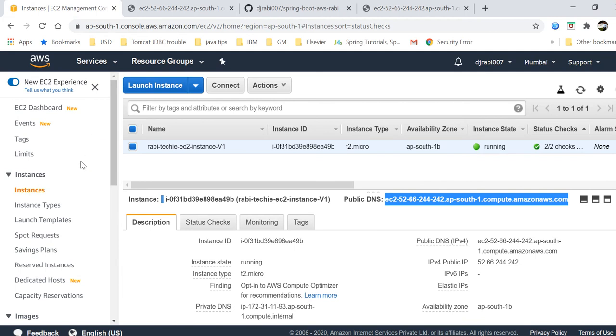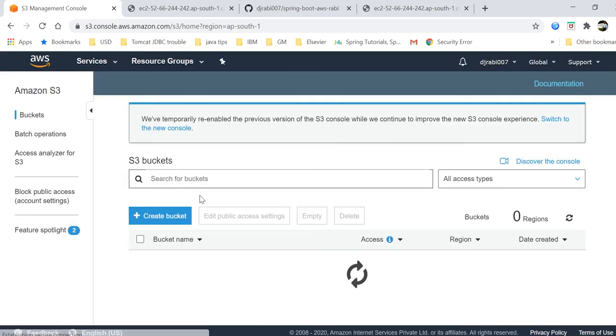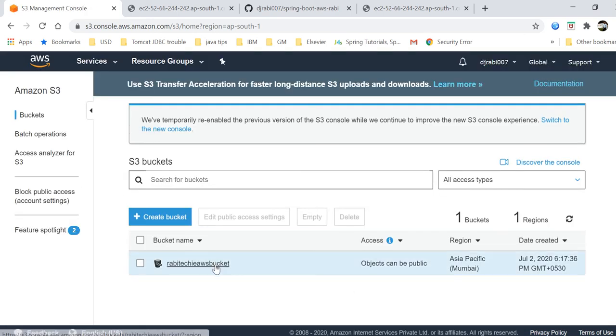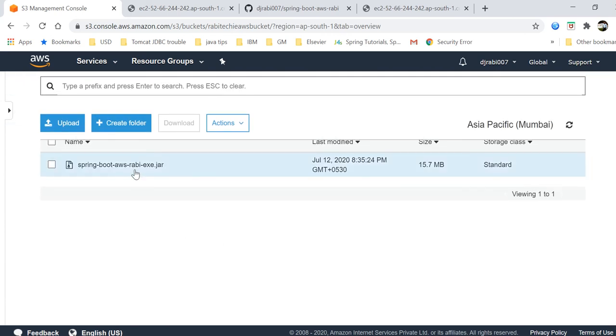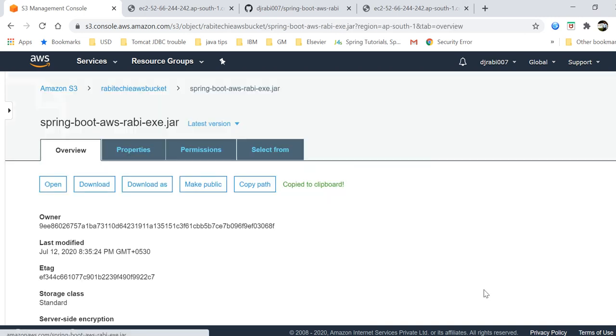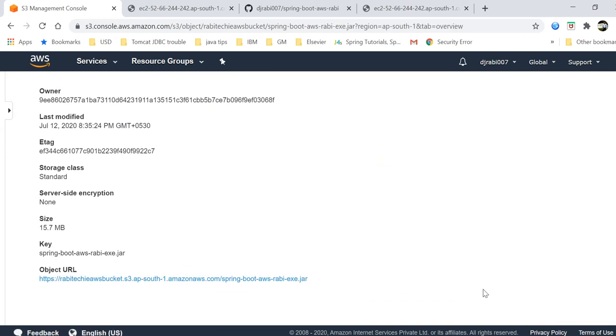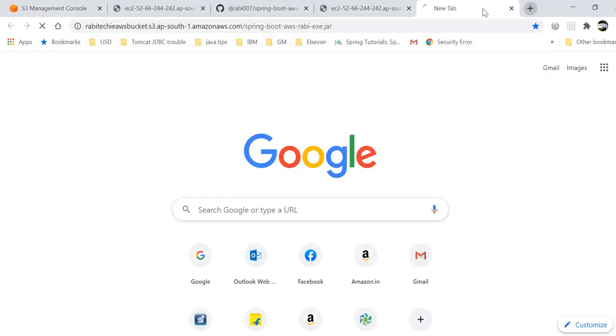So if we check the service S3, here in the bucket, if you just copy and paste that URL, you can directly download. You see that it's getting downloaded.